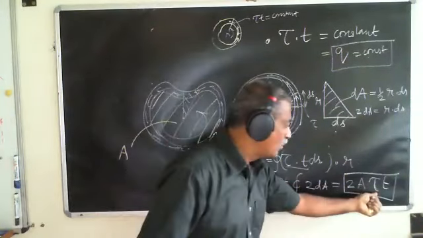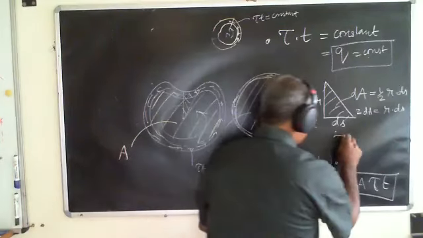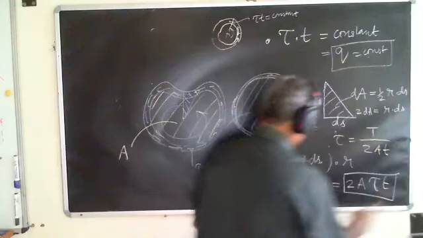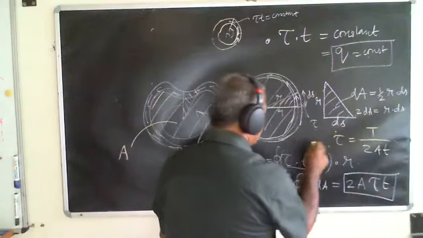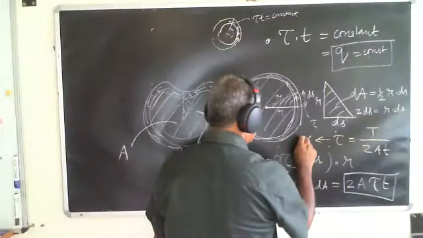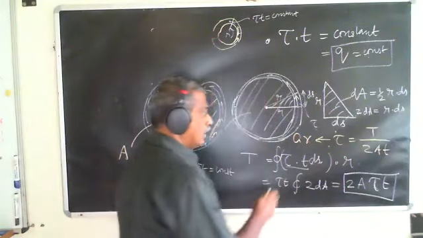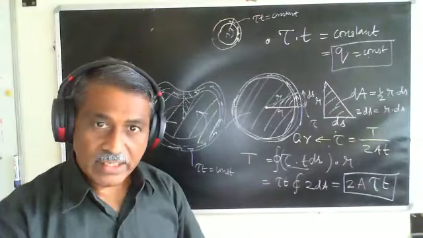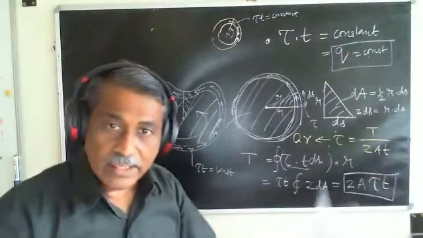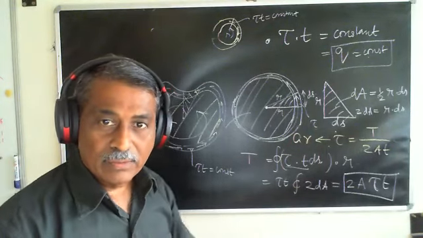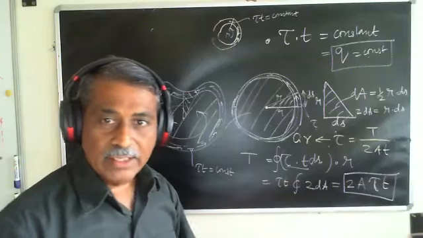Yeah, sir, one method is we can take the energy and then differentiate it. Yes, fantastic. I just have to take strain energy. I know tau is equal to T by 2AT, is it not? And this is connected to the shear strain through G times gamma, right? Then I can use this principle to find the total strain energy. I just have to take the derivative with respect to the torsion T